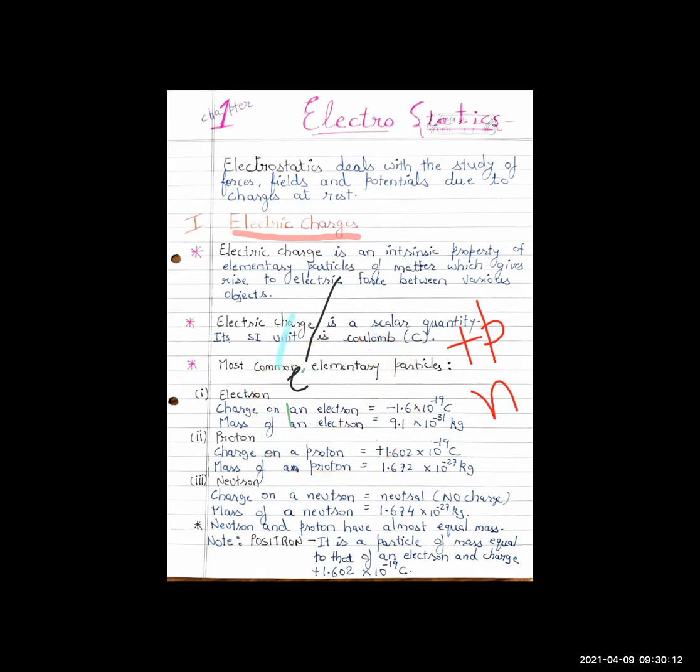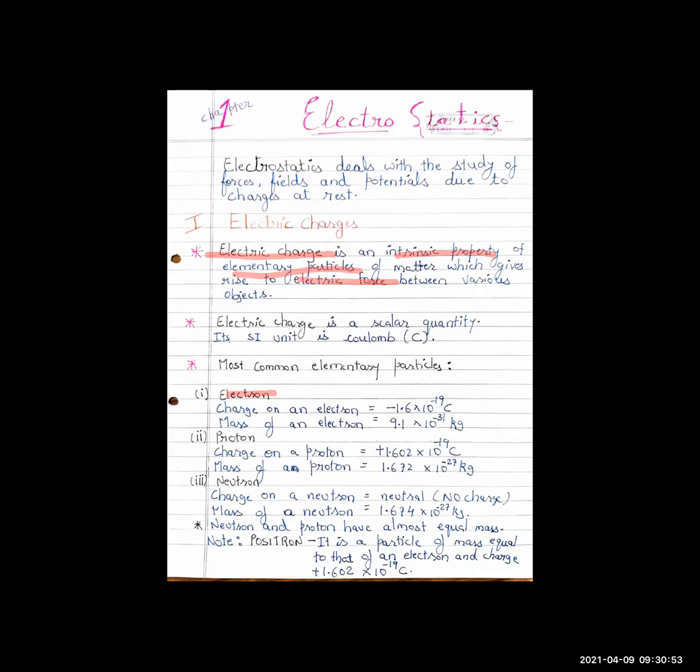So children, if we want to define electric charge, what is electric charge? Electric charge is a property of the particle, because of which it gives rise to electrical forces. It produces the electric force of attraction or repulsion. So, electric charge is an intrinsic property of the elementary particles. It is a property of the electron, it is a property of the proton, right? Because of which it produces electric forces of attraction and repulsion.